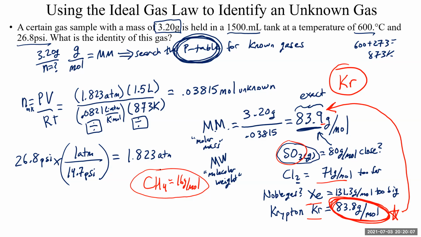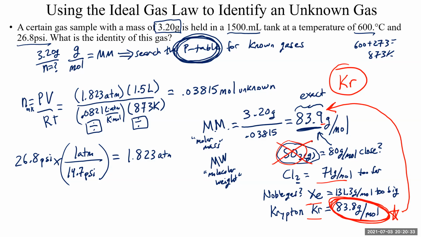And how do you get its molar mass? You measure its pressure, temperature, and volume, and figure out its moles. If you know the mass of gas in that container, then you can take the grams, the mass, divide by the moles, get a molar mass, and go hunting through the periodic table looking for it. This is not an answer to anything here. This was just a hypothetical example. So let me get rid of that. Our answer here is krypton.